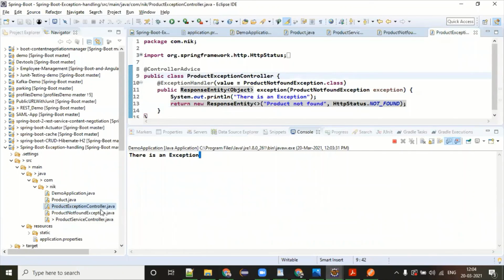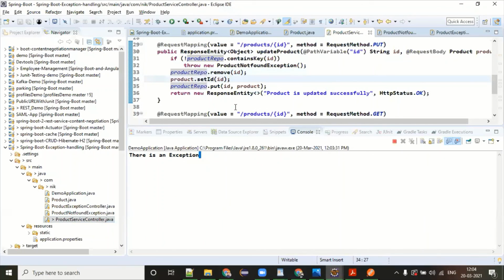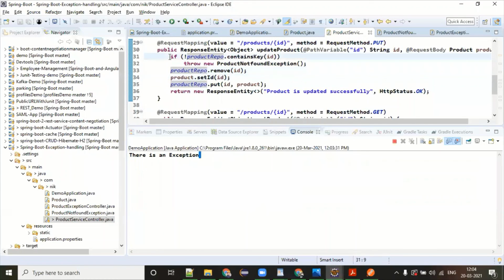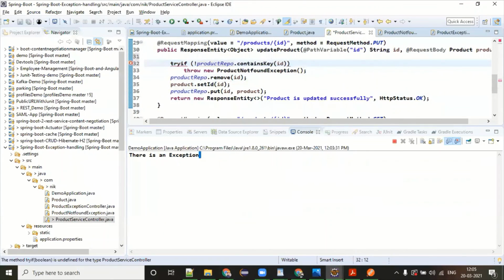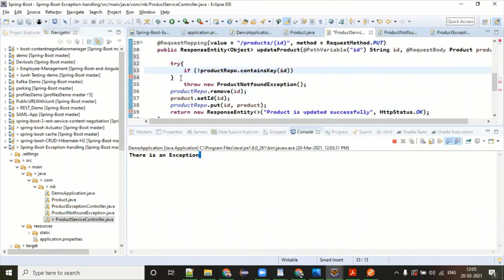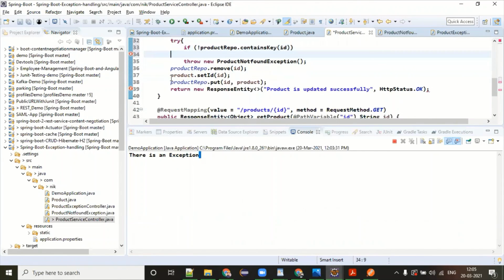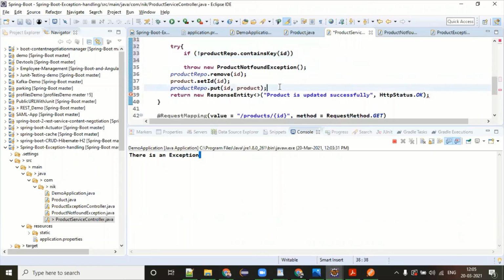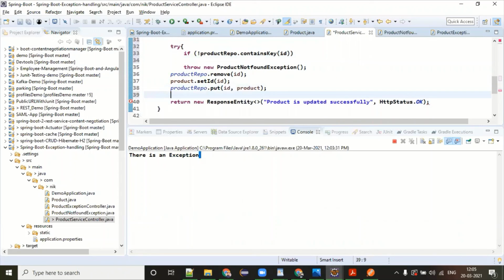Now coming back to your concern, what if I have a try-catch? catch (Exception ex).